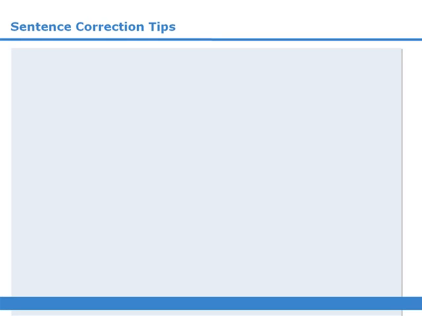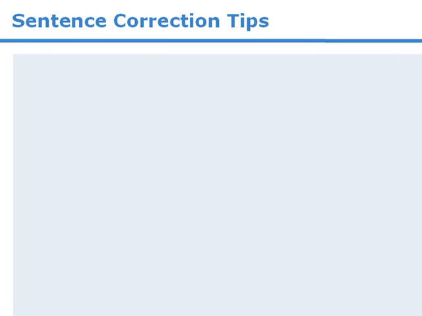In this module, we've covered all of the concepts that the GMAT typically tests, and we've examined several tips to consider when addressing specific types of issues. In this lesson, we'll examine some general tips to consider when tackling sentence correction questions. The first tip is, do not bother reading answer choice A, since it always repeats the underlined part of the